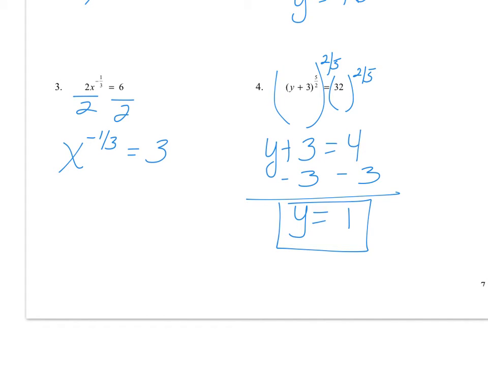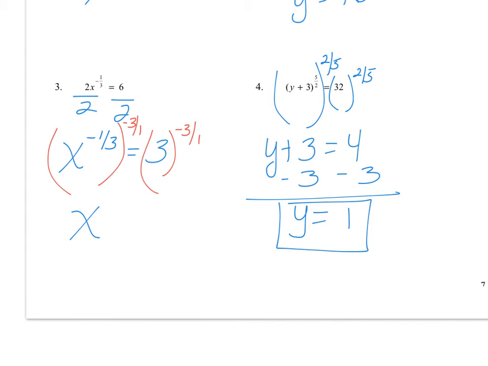So I'm not going to apply the negative exponent rule here, because when I raise x to the negative 1/3 to its reciprocal, I'm not changing its value. I'm just reciprocating the exponent. So I'm raising it to the negative 3/1. And I have to do that to both sides, which really is raising it to the negative 3rd power. And when I multiply power to a power, a negative times a negative is a positive. So it comes out to be